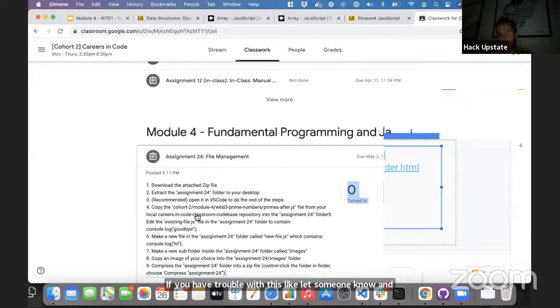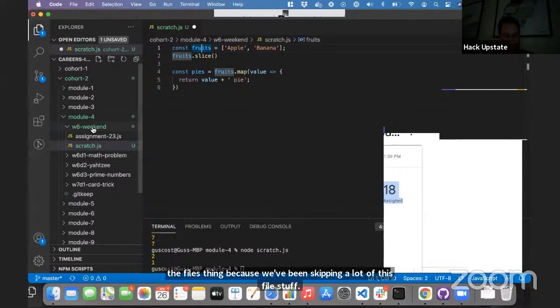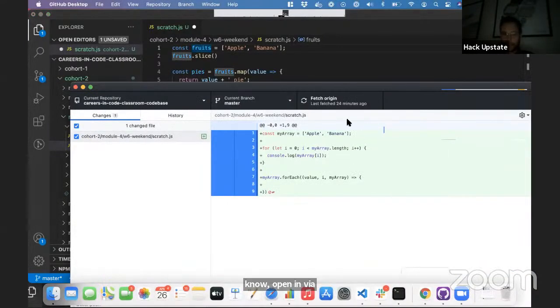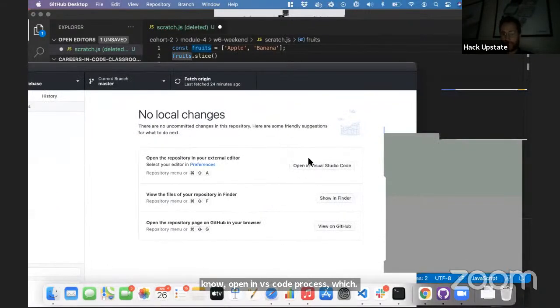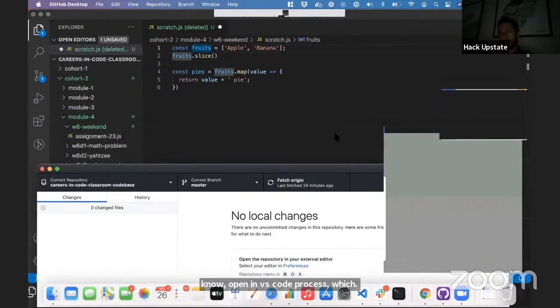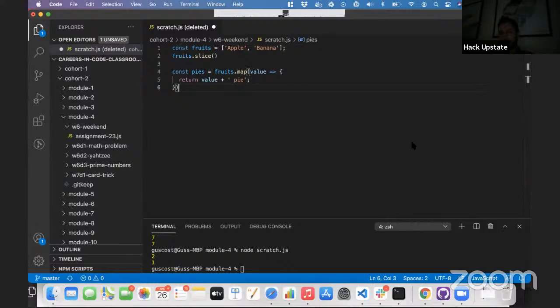We'll know what we need to emphasize more and learn more with the files thing, because we've been skipping a lot of this file stuff by doing our open in VS Code process. By doing this button and everything, we've been trying to skip having to do a lot of the file management in class, but we really do need to make sure that everybody can manage files on their system,